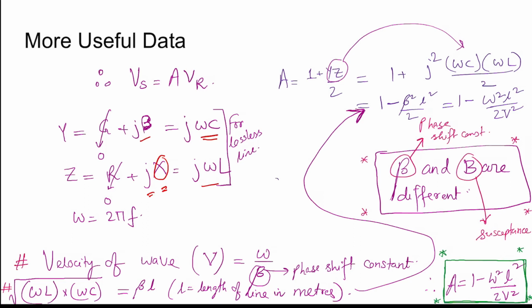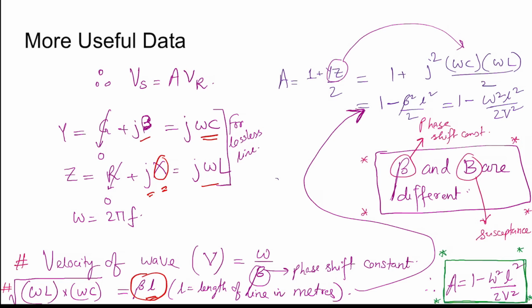Now the velocity of wave is given by omega by beta. Beta is the phase shift constant. Also beta times L, L is length of the line in meter, is given by root over omega square LC. Now if you put the value of beta,